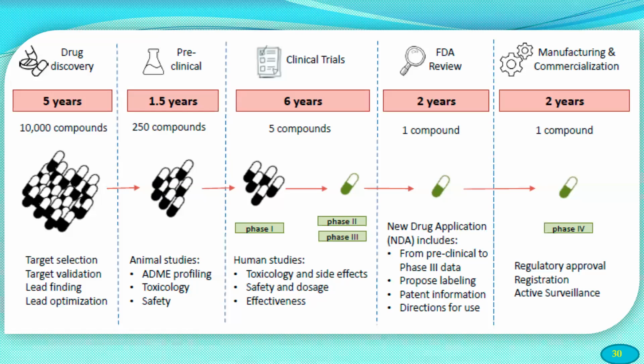And manufacturing and commercialization, because this is the phase 4 step, also called post-marketing surveillance. Here, only one compound will be there. From 5, it will be reduced to 1 compound. And the regulatory approval, then registration, then active surveillance will be done in the last year. So totally how many years? That's 5 plus 1, 6; 6.5 plus 6, 12.5; then 2, 14.5; and 2, 16.5 years is required for the development